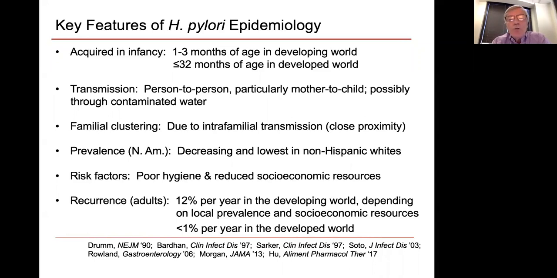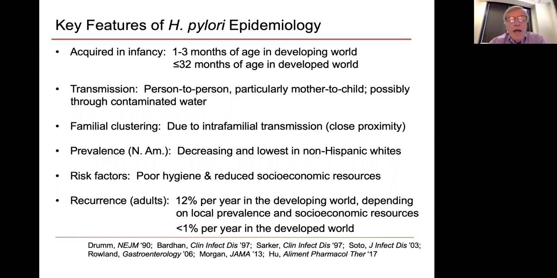Transmission is generally, almost exclusively, from person to person, particularly mother to child, and possibly through contaminated water. Familial clustering is an important feature of the epidemiology, and this is due to intrafamilial transmission due to close proximity. Now, as I just mentioned, the prevalence of H. pylori infection in North America and in Europe is decreasing, and it's lowest in non-Hispanic white adults. The risk factors for H. pylori infection include poor hygiene and reduced socioeconomic resources, often promoting close intrafamilial